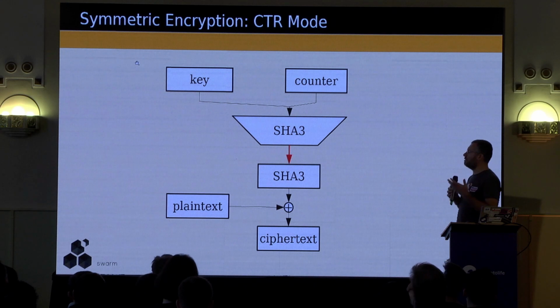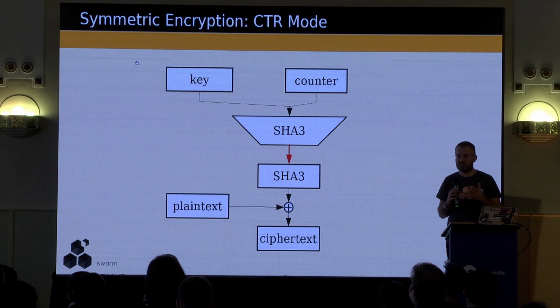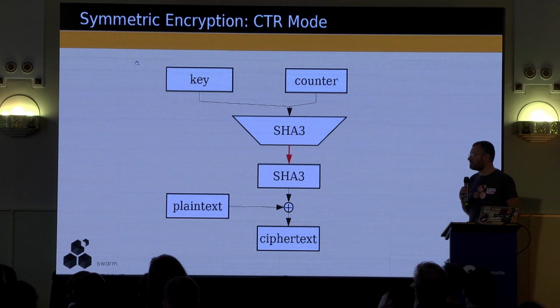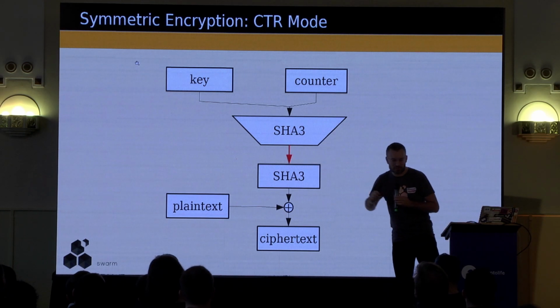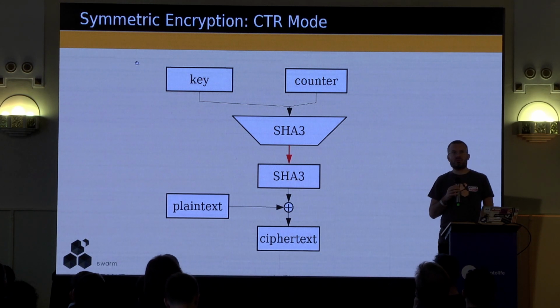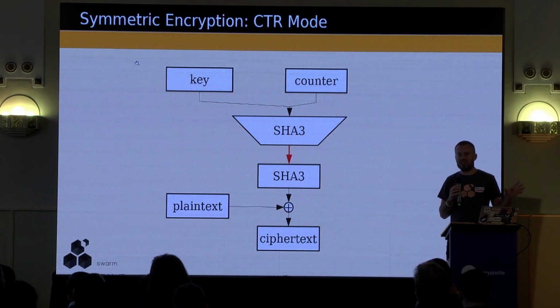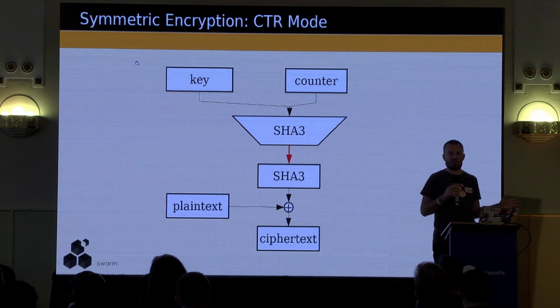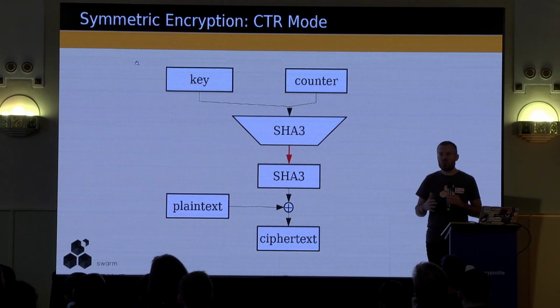So why do we use a hash twice? Basically, two hashes in serial connection is just one hash function. They have the same properties as a single hash function, except that they're twice as slow. And the reason is the little red arrow there, because it gives you access to this point, and that allows you to do partial disclosure.